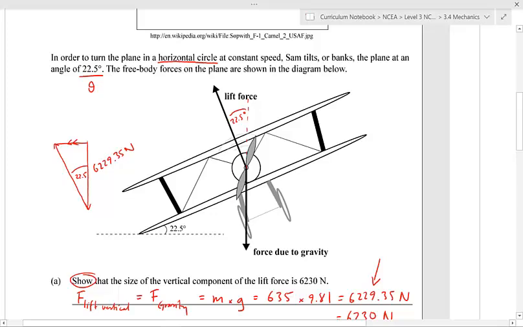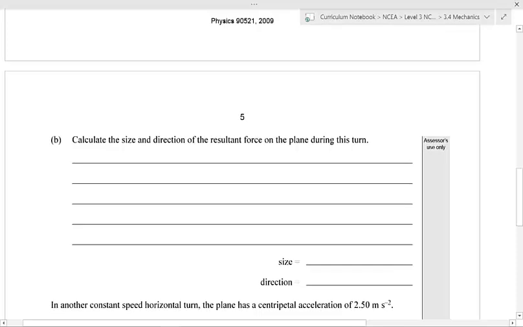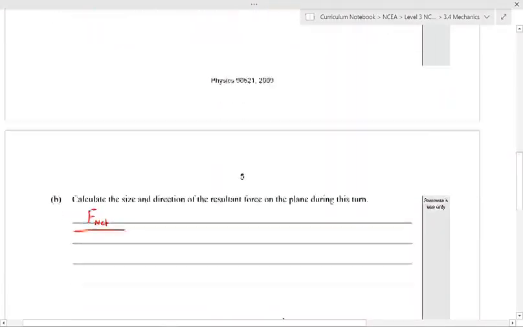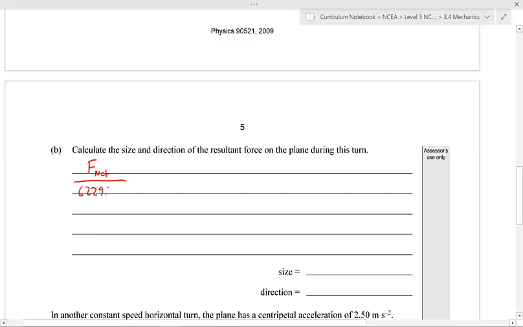And this is going to be, well, we know the adjacent side, and we know this, so we know F net divided by 6229.35 should be equal to the tangent of the angle. So we can say F net divided by, what was it again, 6229.35 should be equal to the tangent of 22.5. So F net is equal to 6229.35 times the tangent of 22.5,